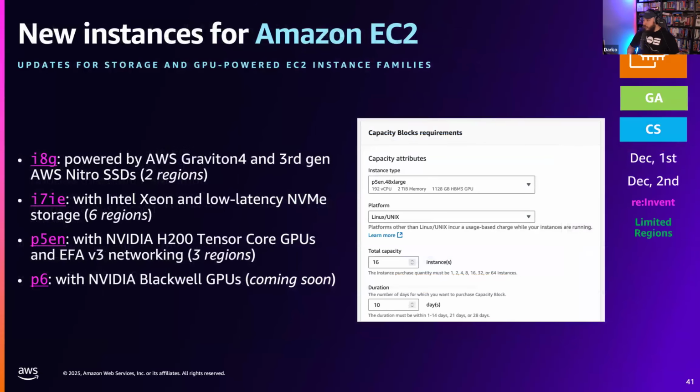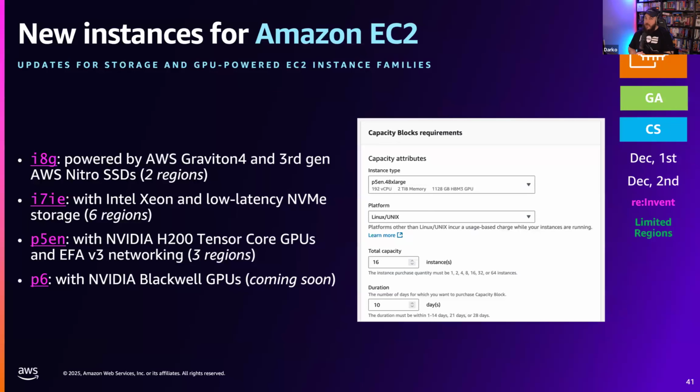Okay. New EC2 instance types. Weirdly enough, it's not a lot of them. I feel like usually we have more EC2 instance types, a whole laundry list of them, but in this case, just a few of them, and even one is not even launched. So i8G, Graviton 4. Shout outs to folks from ARM. We love me some ARM CPUs. New Graviton 4 EC2 instances. i7ie, Intel Xeon's low latency storage instances.